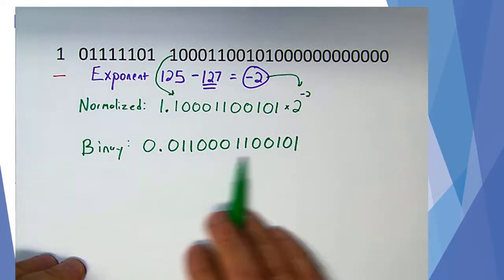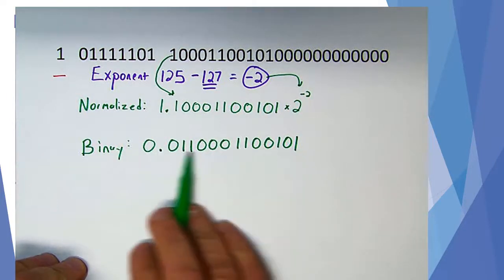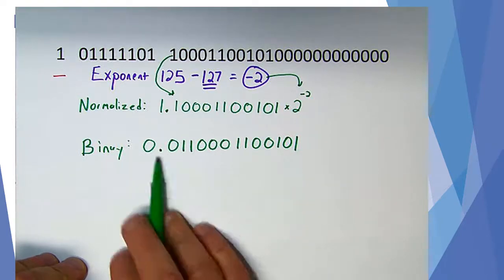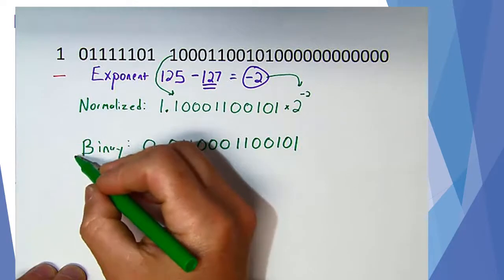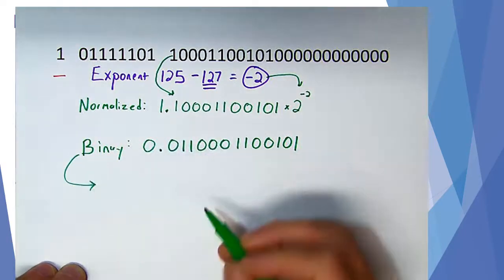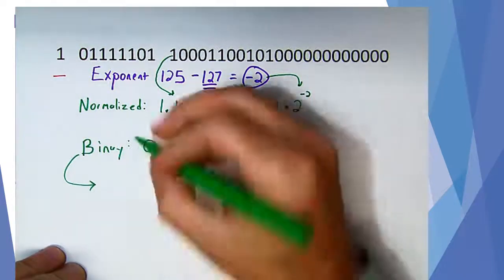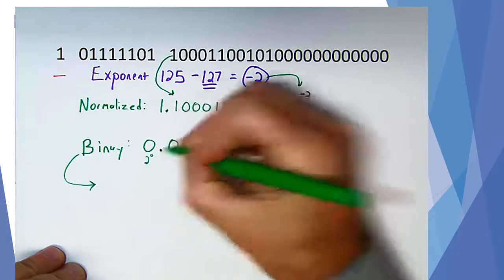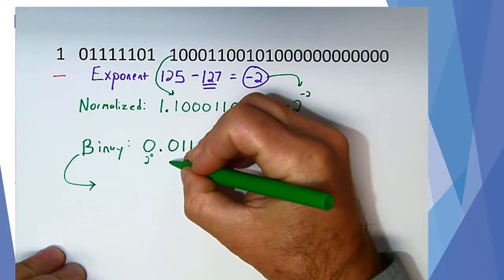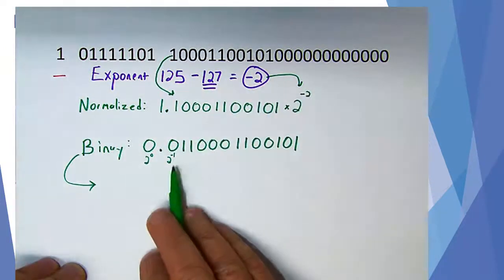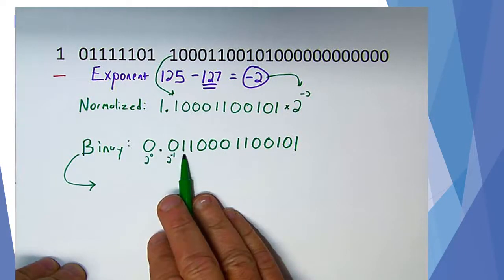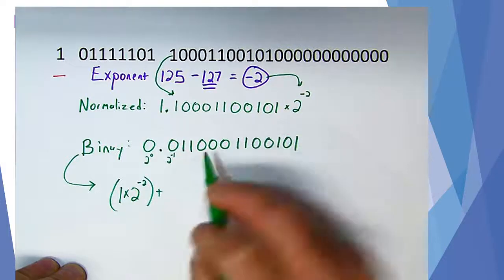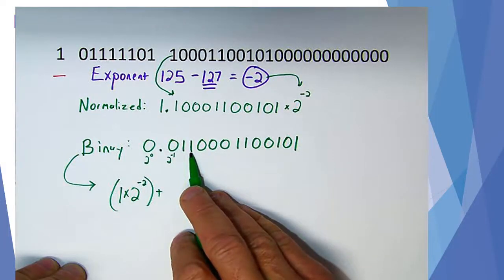Okay, so now we need to expand this to figure out what the value of that binary number is. It's clearly a pretty small number. So we haven't done this since we first started working with binary numbers, but let's do our expansion. Remember, this spot right here is 2 to the zeros place. This spot right here is 2 to the -1's place. We have neither of either of those. So this number is going to have 1, 2 to the -2, plus 1 times 2 to the -3,